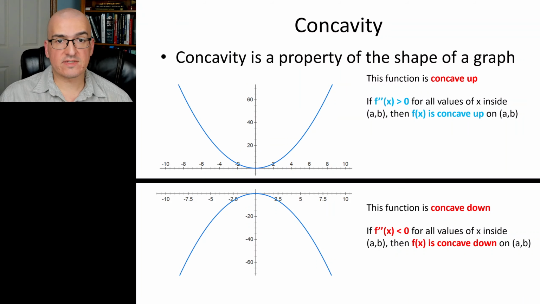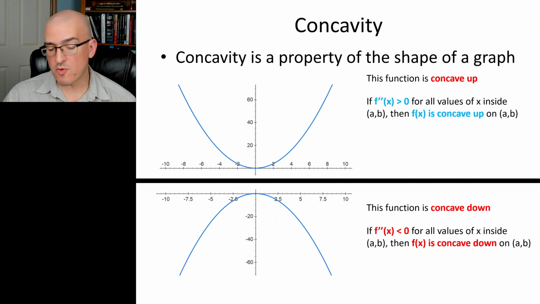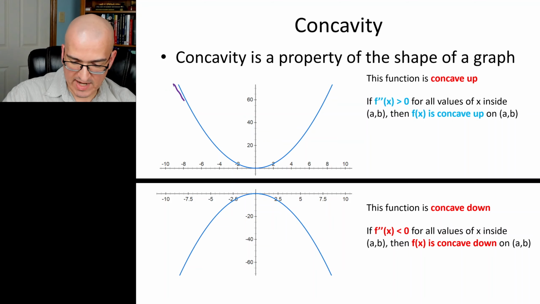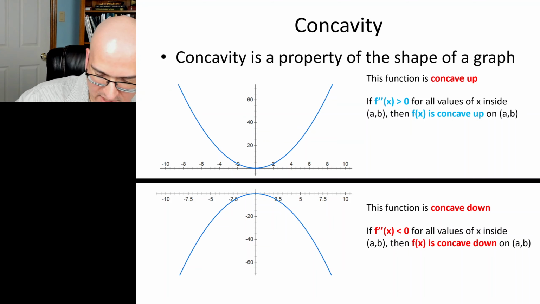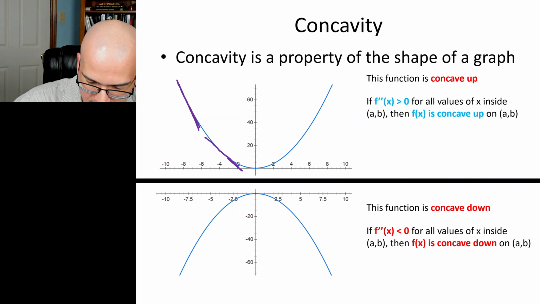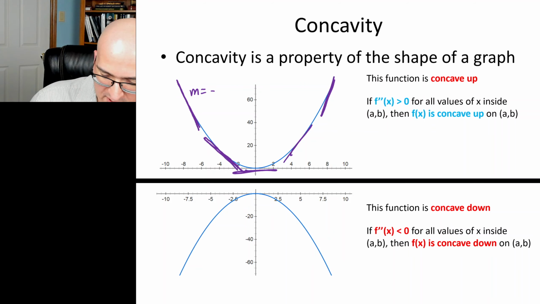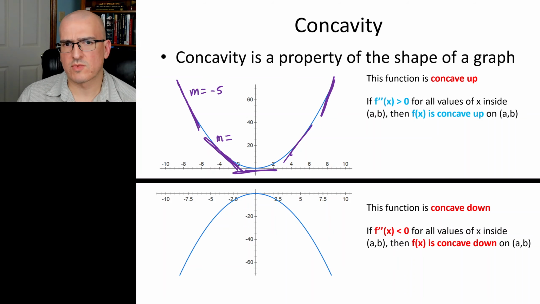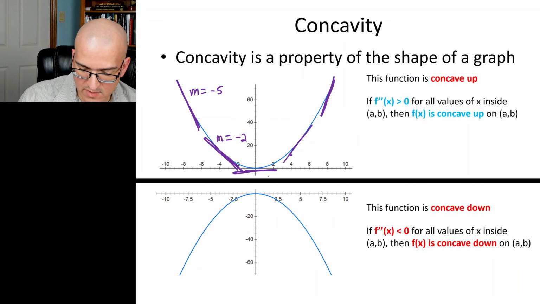The concavity test, or second derivative test, or combo test, works because these tangent lines behave in a particular way for concave up and concave down regions. So I'm going to draw a few tangent lines here. This might be a slope of -5. This might be a slope that's a little bit closer to horizontal, so instead of a slope of -5, it'd be a slope of -2. Bottom one is a slope of 0, and then we have a slope of +2, a slope of positive 5,